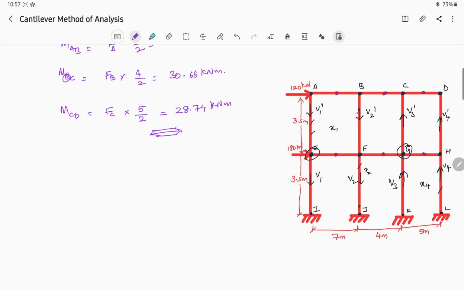Okay, so these are the basic and initial steps before going for the final calculations of your moments and shear forces. Okay, so hope you all have understood this topic, which is one of the last topics of this particular unit. So we'll take up other topics related to structural analysis in the next class.